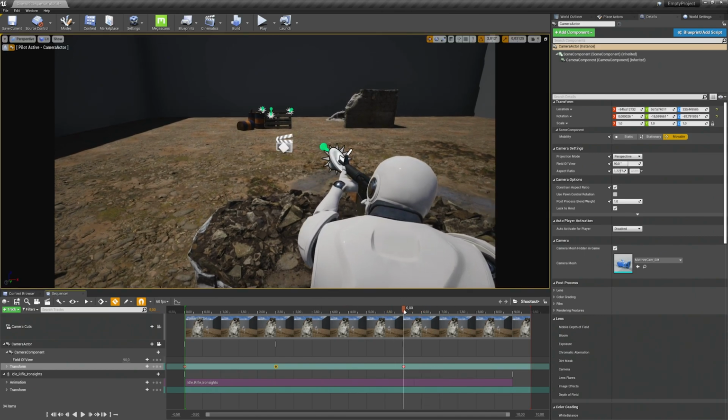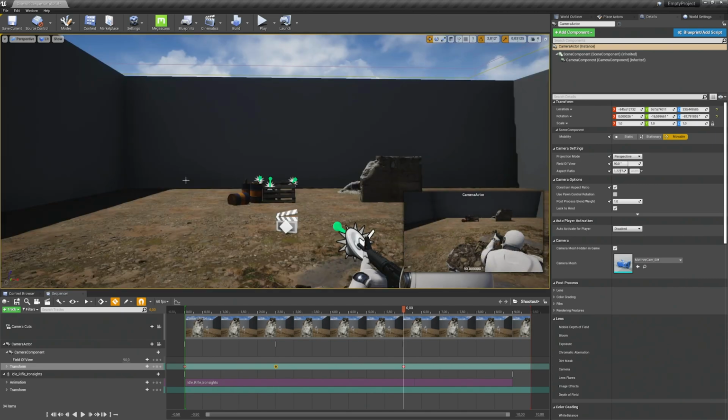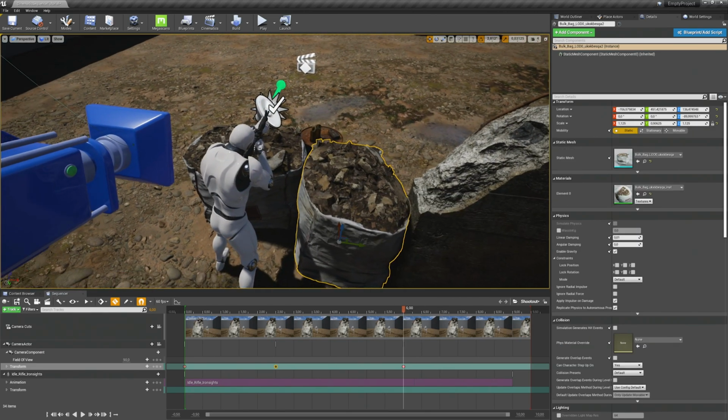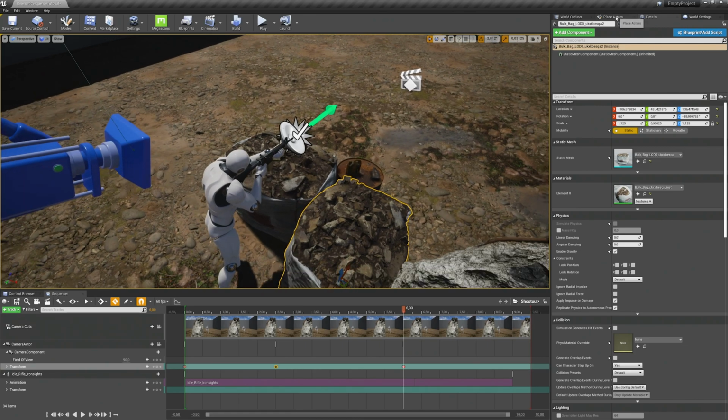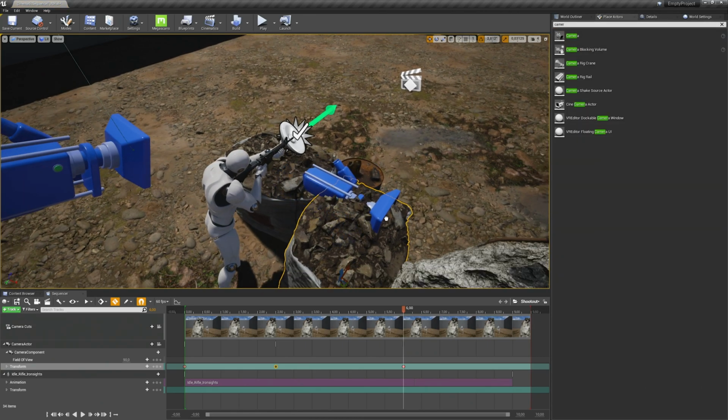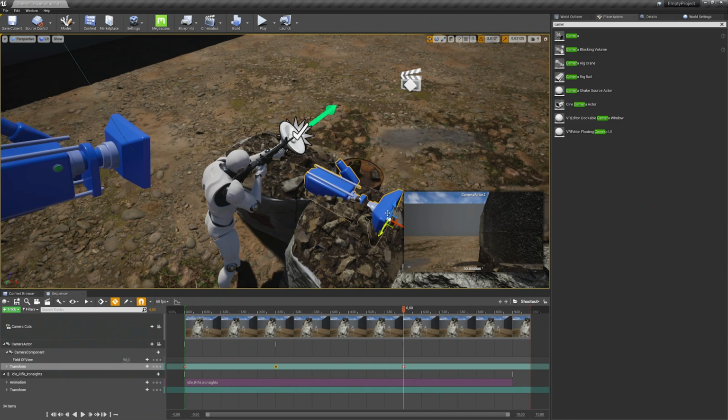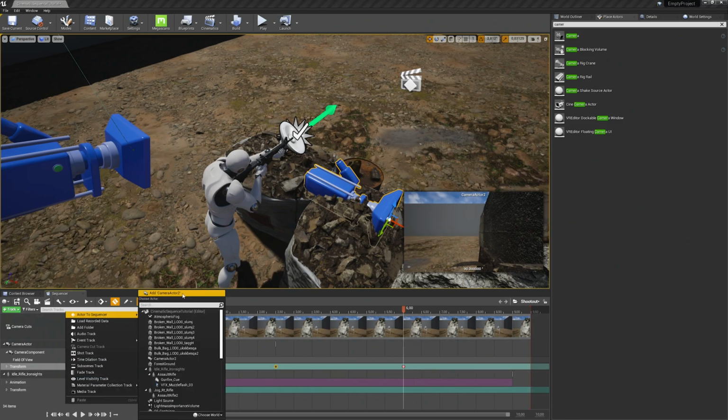Yeah, I like this. Next thing I want to add is another camera to rotate at the front here. Then move around the player, and at this point the enemy player should walk out of his cover. So to do this, I will stop the piloting view, then add another camera, drag and drop in your scene, and right click in your sequencer, add to sequencer the camera actor 2.